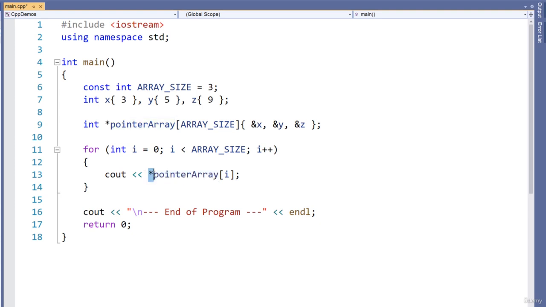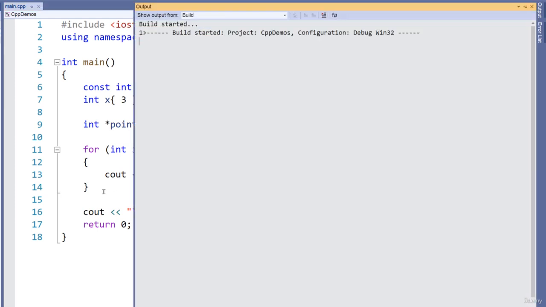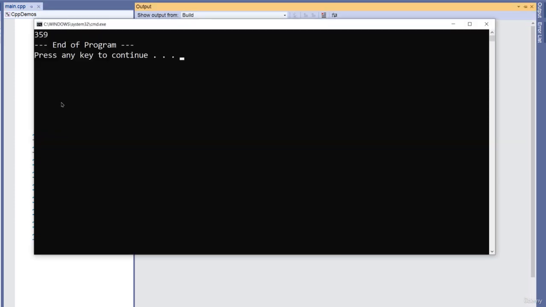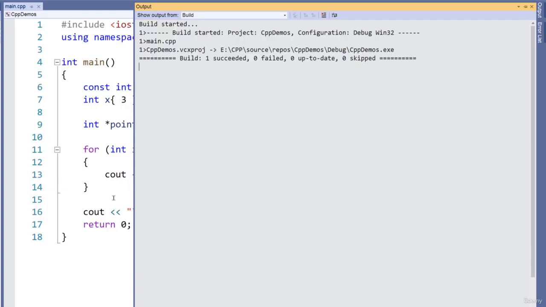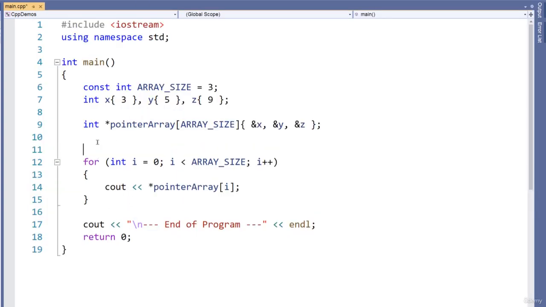Then we dereference that, and of course that is going to fetch the value that is stored at the address where the pointer is pointing at. In this case, the pointer is the first element in the array. So we get that 3 value, we print that out, and so on. Let's build and run that so we can see the output here. It prints out 3, 5, and 9. I'll show a different example here in just a second, but